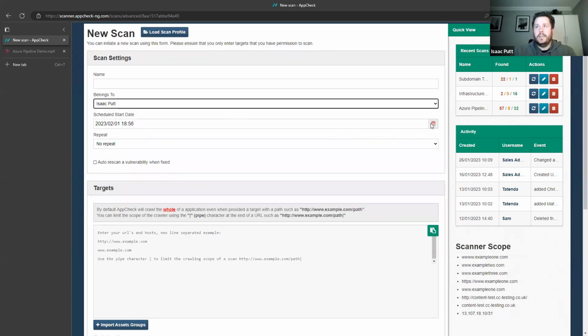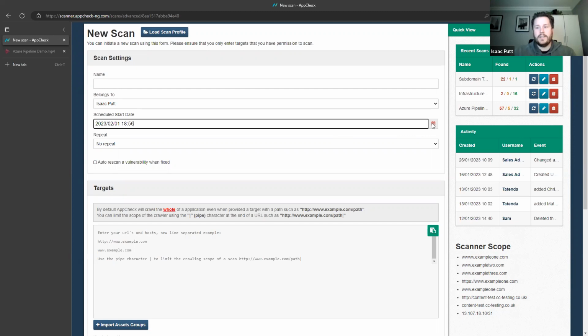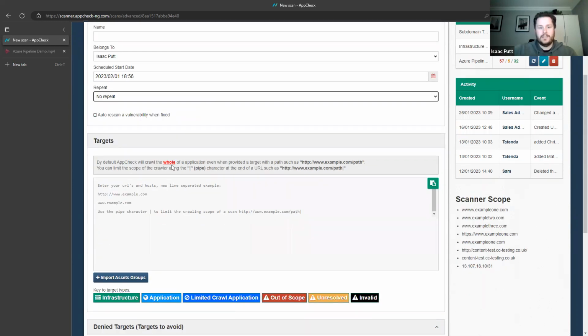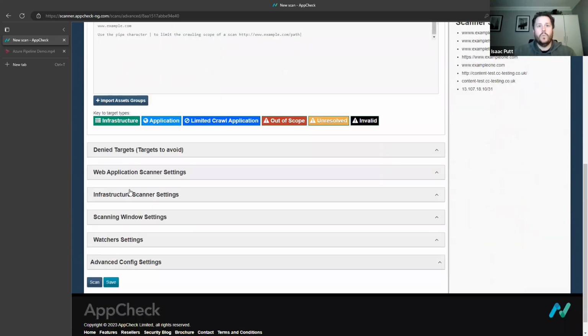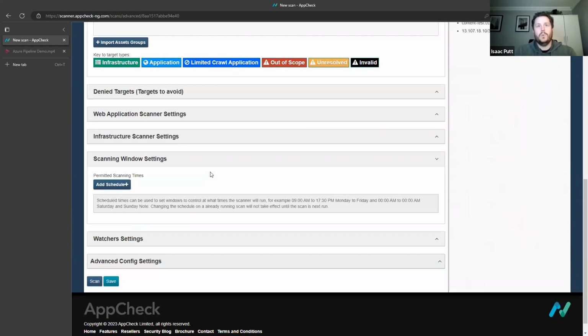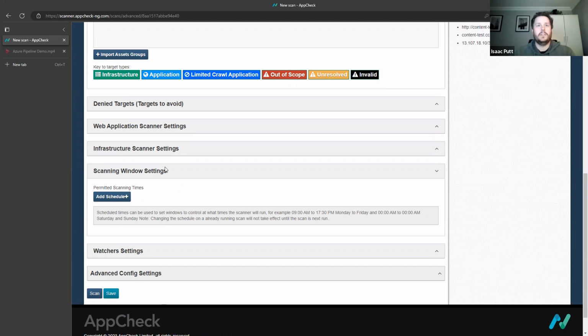And then it might be that we want to control when to start the test itself. I might want to start this tonight at 9 o'clock. And perhaps I don't want it to test throughout busy traffic hours tomorrow, maybe on my application, or potentially burden a server with the maximum amount of threads or so on. I might actually then want to control when AppCheck can test. So if we go down to this scanning window settings here, what we've actually got is permitted times that AppCheck can test, and it will dynamically start and pause and start and pause until the test is complete, giving you the autonomy to take control of when the test is running too.